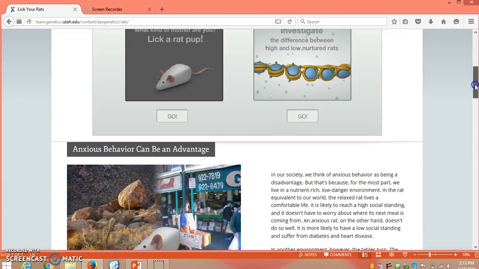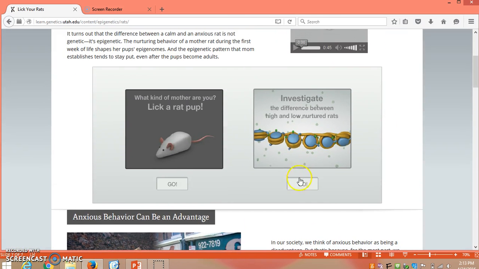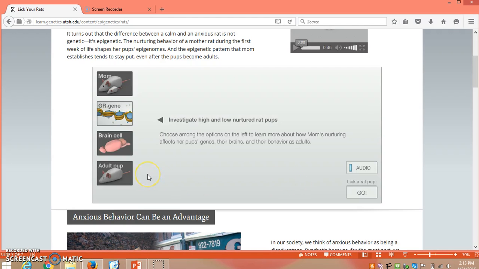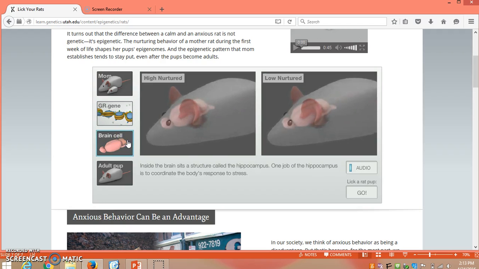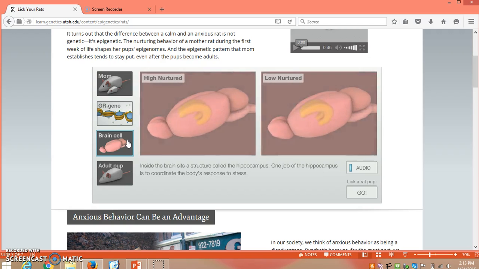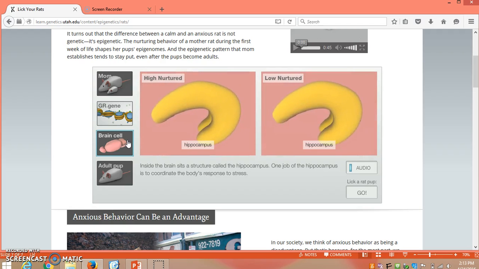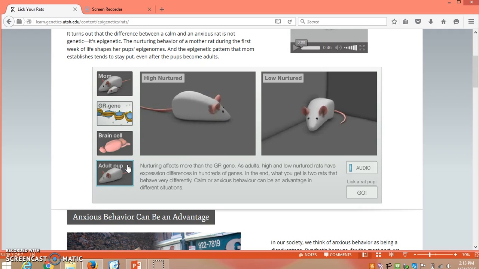And we're going to go down and look at the investigation part. Let's go and just see really quickly. We'll have to also utilize this as part of our third and final source in our research. You can see it has the one we've already been to, the mom licking rats, but also shows you different areas that are impacted when a mother does caregive for its baby. You have the GR gene, you can see here. You have what's happening at the cellular level inside the brain of a baby that receives good nurturing from its mother. And you get to see here study how the mouse